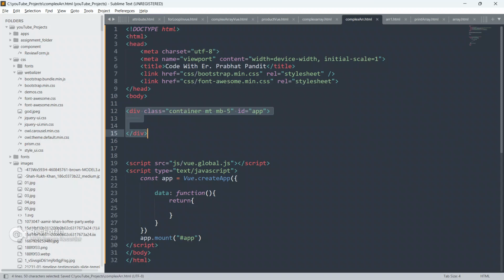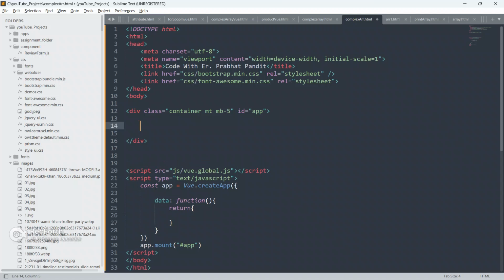So now you all know this entire div is mounted with this instance of Vue.js guys. That's why I have given app.mount and the id is app, so that's why I have given this id inside this div. So now this entire div is mounted with this Vue.js instance.